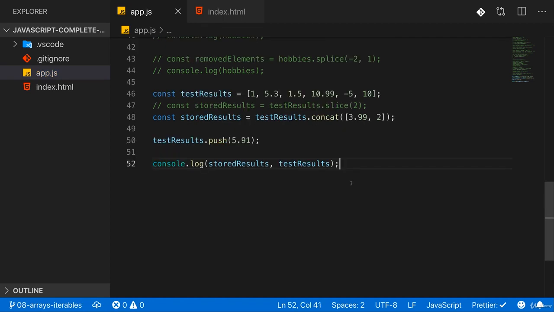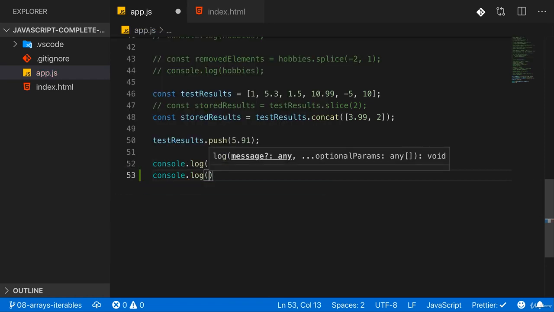Thus far, when we worked with arrays, we always talked about adding items or selecting single items or a range of items. Now, you also encounter use cases or scenarios where you have an array of data, and now you want to find out at which index in the array a certain item sits, so that you can use that index to replace the item or for whatever reason you might have. Let's say we want to find out where in this array this item with the value of 1.5 lives. You can do this